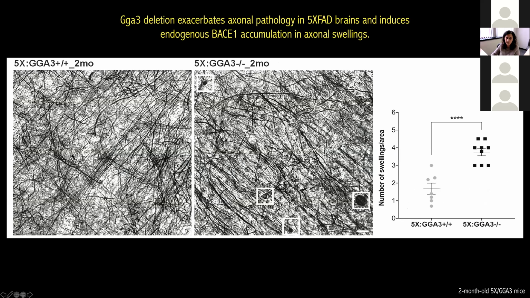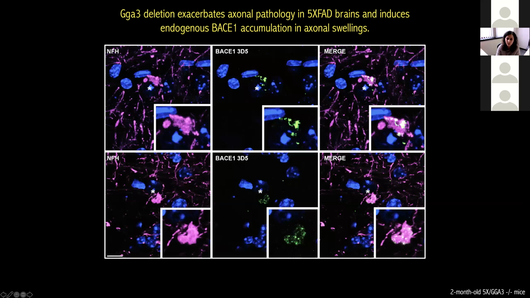At 2 months of age, in 5X Gga3 mice, you almost have no extracellular deposition, especially in the area of the cortex where we ran these studies. We immediately noticed that when you delete Gga3, and so you have a 5X Gga3 knockout mouse, the number of swellings that are independent from A beta extracellular deposition are increased in these mice compared to control litter mice. When we looked closer, we also found out that in these swellings that are highlighted in this inset and stained for neurofilament, you have an accumulation of endogenous BACE at 2 months of age when you delete